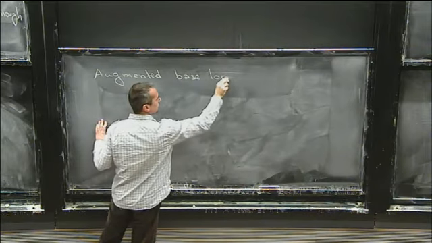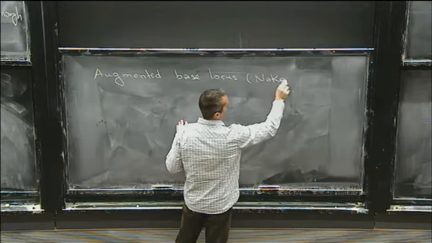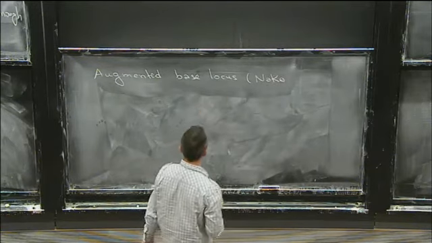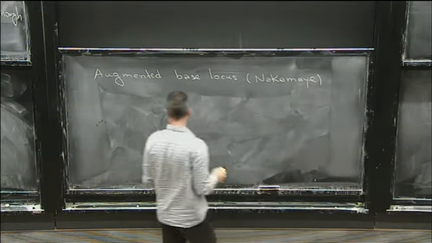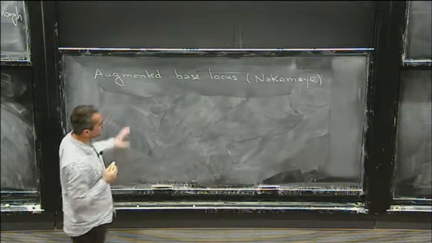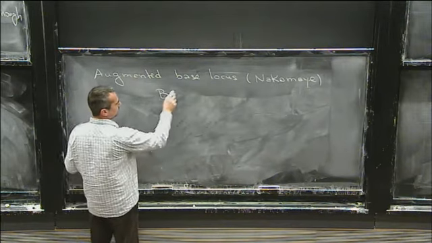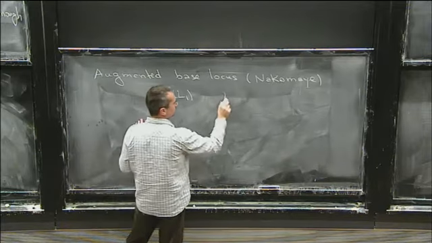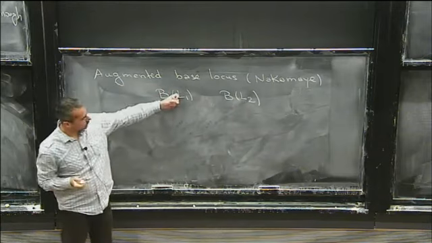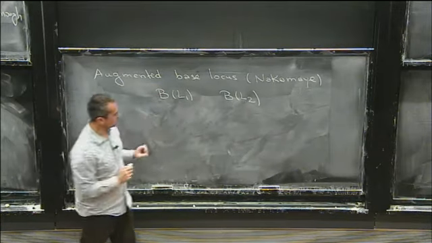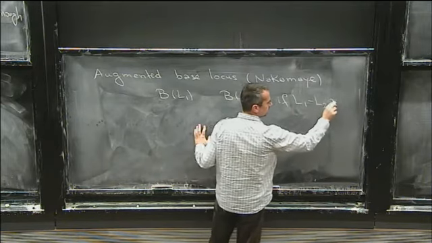So this was introduced by Nakamae in a paper that somehow initiated this look at the augmented base loci. So maybe, before giving the definition, let me make one trivial remark, which says that if I have B of L1 and B of L2, where L1 is more positive than L2, in the sense that L1 minus L2 is ample,